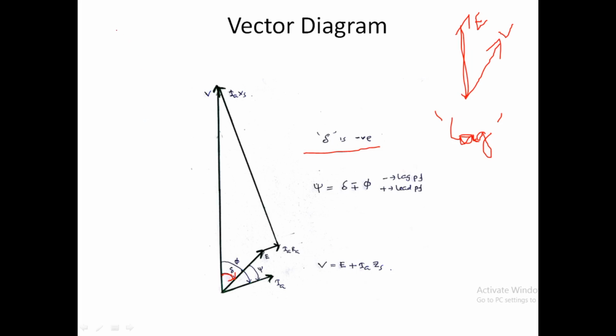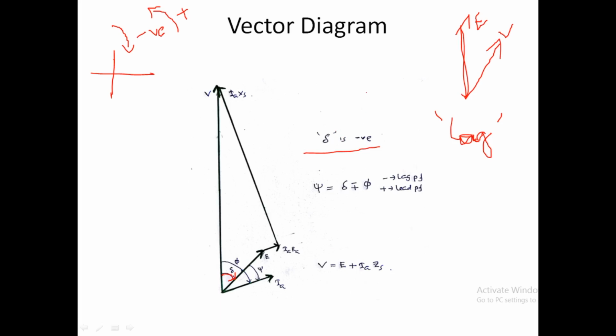This we were discussing in our earlier classes. If we are taking an angle like this, that means this is our axis and we are taking an angle in this direction. That means this is clockwise direction, we will take it as negative, and if we are taking it in anti-clockwise direction, it will be taken as positive. So here it is in clockwise direction, which means it will be negative. So delta is negative in case of a synchronous motor. Not only in a synchronous motor, in every motor, that angle will be negative. But in a generator, it will be positive. These are very minute points, but very important, because delta is just reversed here.